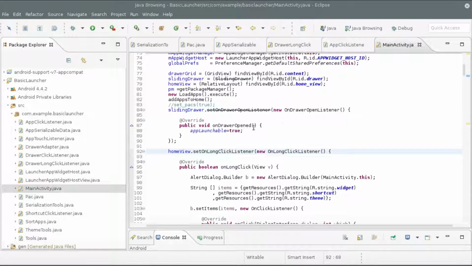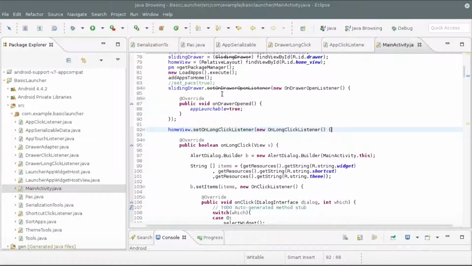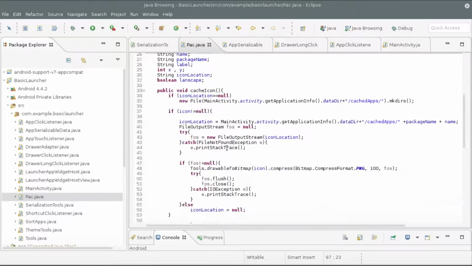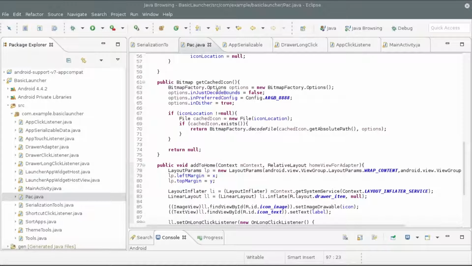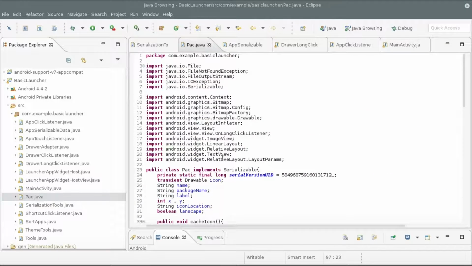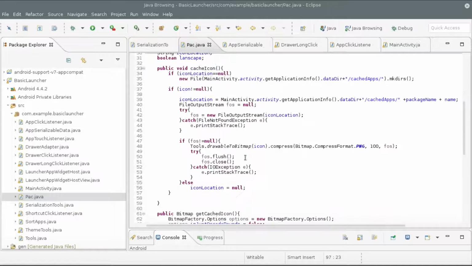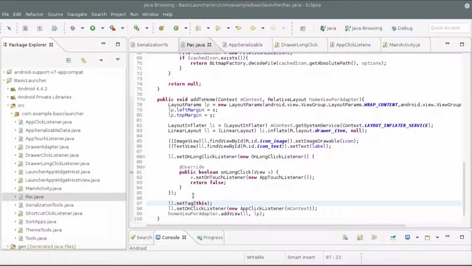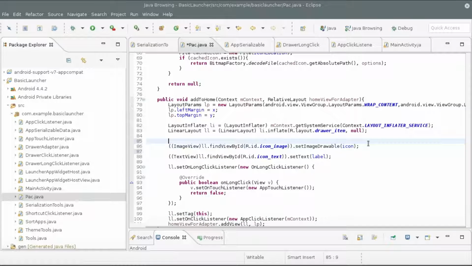Alright, so the one issue when testing is that the icons were not showing, and that's because we weren't loading the icons. We didn't call get cached icon, and when we call get cached icon, we get the bitmap. So what we need to do is in the setting image drawable, which is right here, we need to detect if icon is null. So if icon equals null,